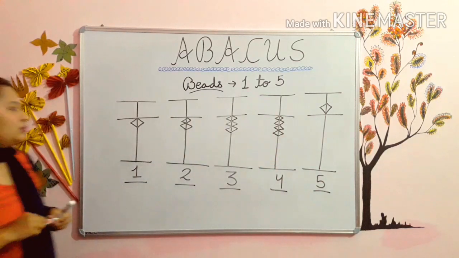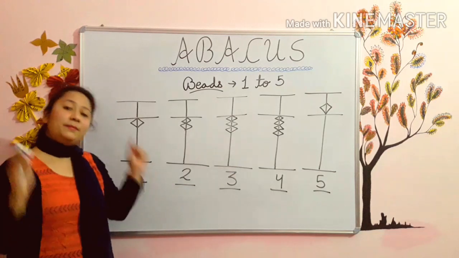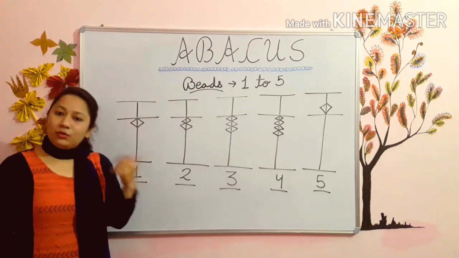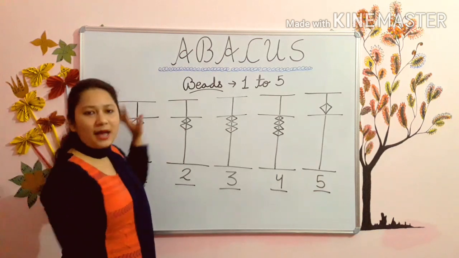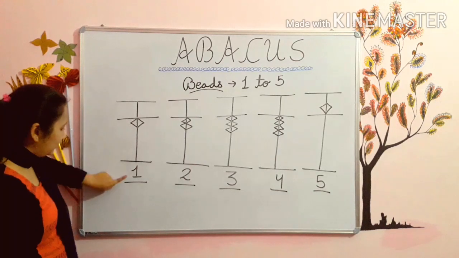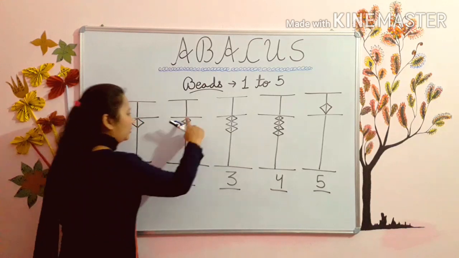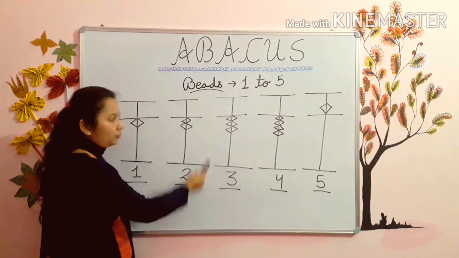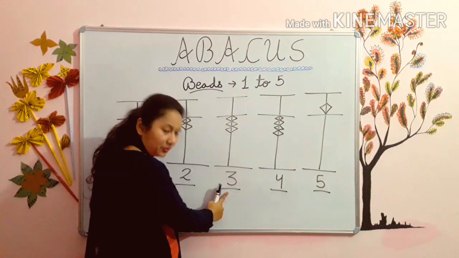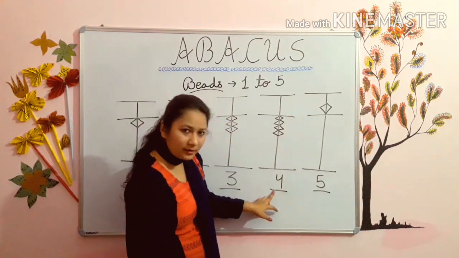Now students, those who have watched my previous videos, they know this very well. Now those who have missed my videos, I am telling you this thing again. See, this is beat 1. See, 1. Now this, see, 1, 2. How do you count? 1, 2. So this is beat 2. Now this is 1, 2, 3. So this is beat 3. Now this is 1, 2, 3, 4. So this is beat 4.